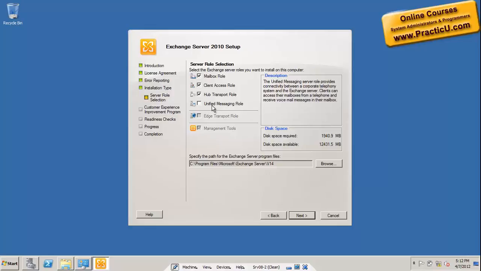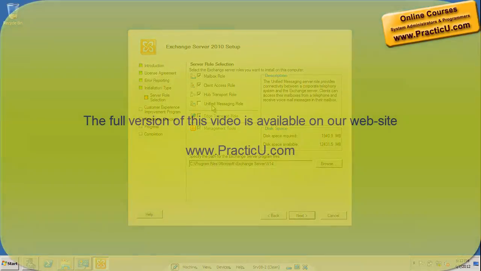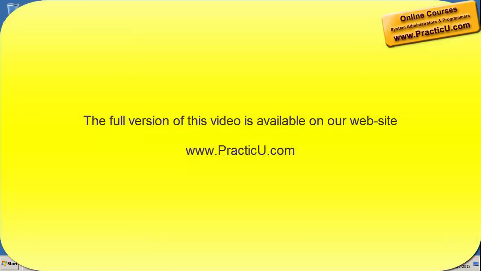Considering other unified messaging features, you can say that it is an attempt to mix together email service and phone service. Anyway, mailbox role, client access role and hub transport are the minimum necessary to keep our server functioning. Mailbox stores the emails, client access deals with clients and clients' requests, and hub transport is our email postman, regulating the flow of